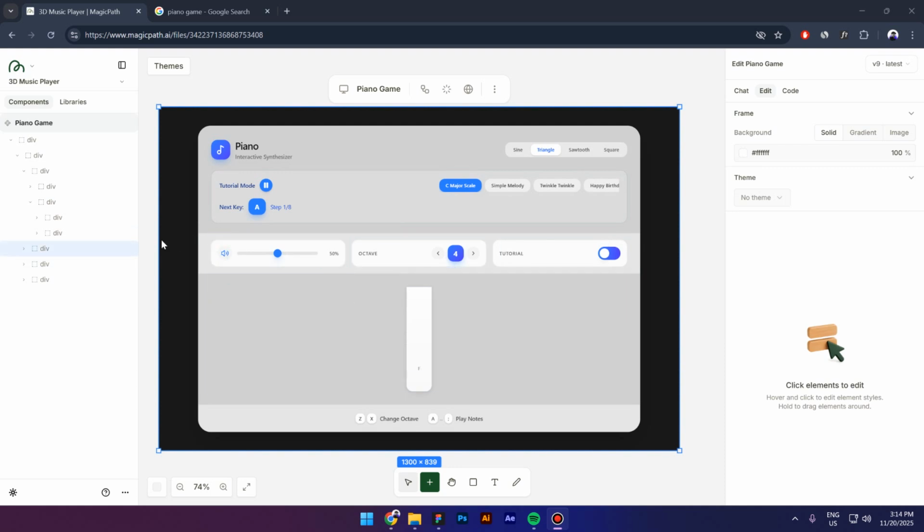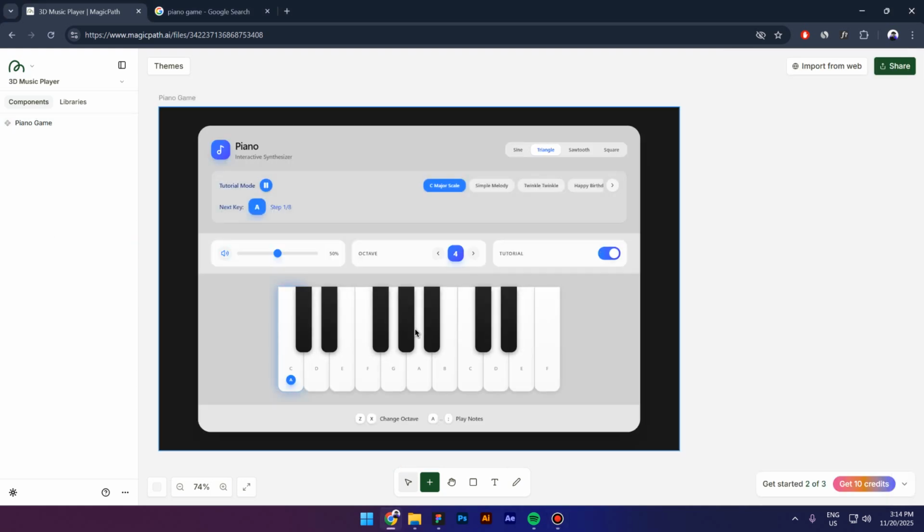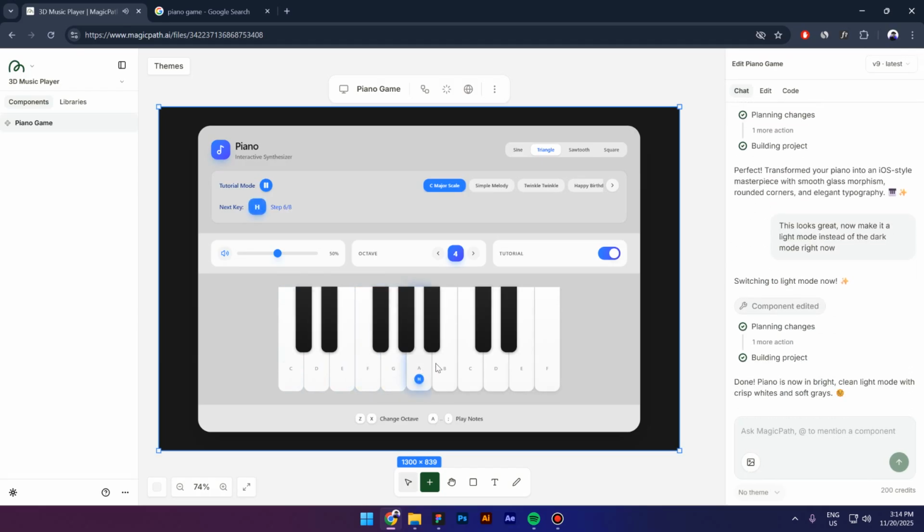And voila, guys, now this looks incredible. Again, we can play this if we want to by clicking or by pressing. Okay, so anyway, as you can see, we have a very beautiful layout, beautiful design, and also beautiful functionality